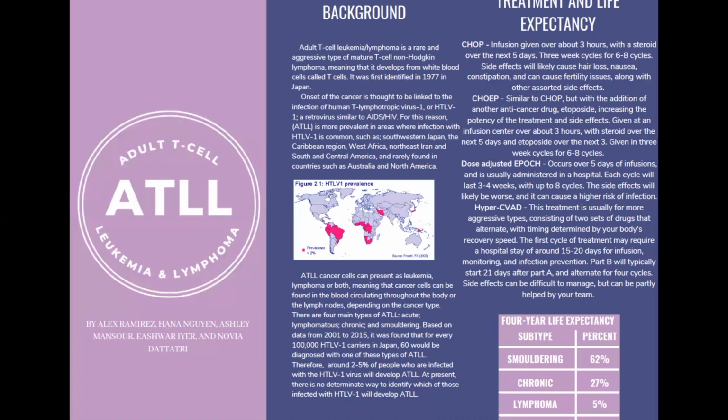Onset of this particular cancer is thought to be linked to the infection of human T lymphotropic virus 1, or HTLV1. And this is a virus that's similar to AIDS or HIV. And for this reason, ATLL is most prevalent in areas where infection with this particular virus is common. And that happens to be areas in southwestern Japan, the Caribbean, West Africa, Northeast Iran, as well as parts of South and Central America. And it's rarely found in Western countries like Australia and North America, where the virus is not as present. And this little figure right here gives you a little idea of where this virus is most